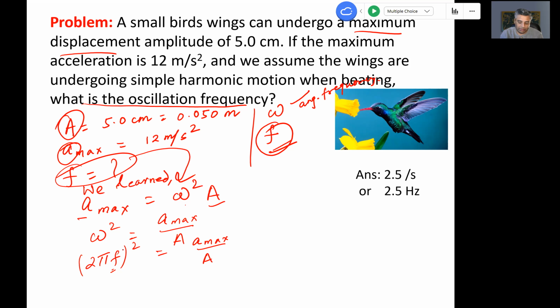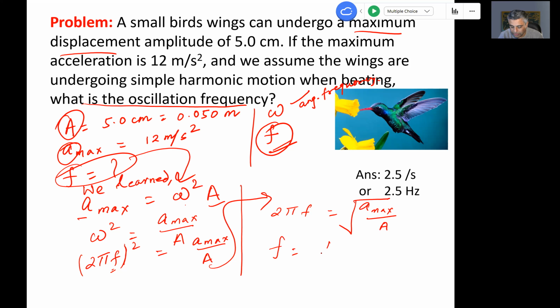It is inside this parenthesis, and it's being squared. So to get f, we need to take a square root on both sides, right? So 2 pi f is the square root of A max over A. So f is going to be 1 over 2 pi